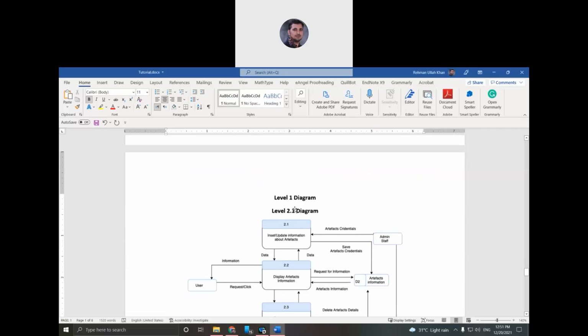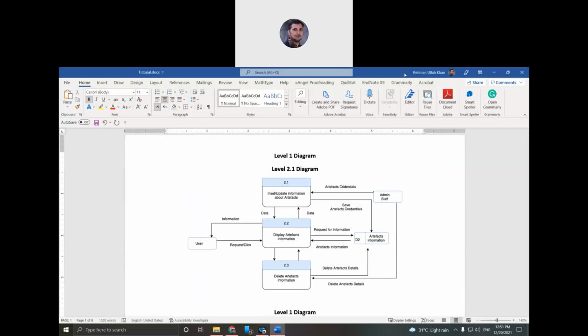Even for this one, in my understanding, the insert update is clear, display is clear, deletion is clear. This is why I don't want to bring this one to level 2. If any one of the processes in your case is not clear, then you can decompose it into further sub processes and give the names 2.1.1. That will be your level 2 diagram.